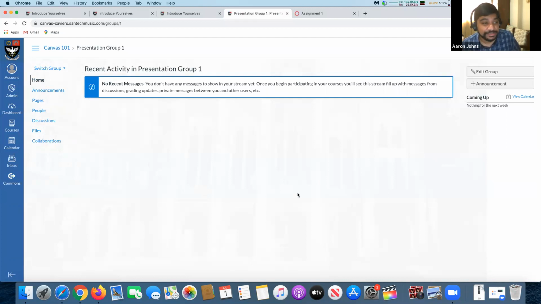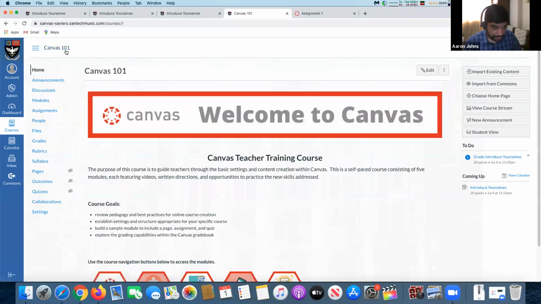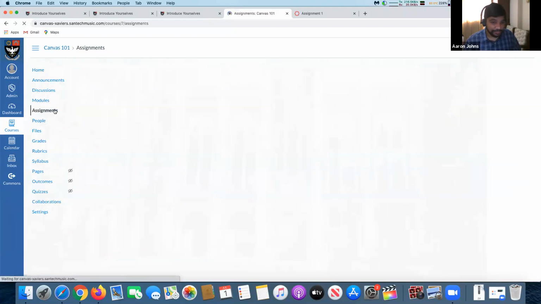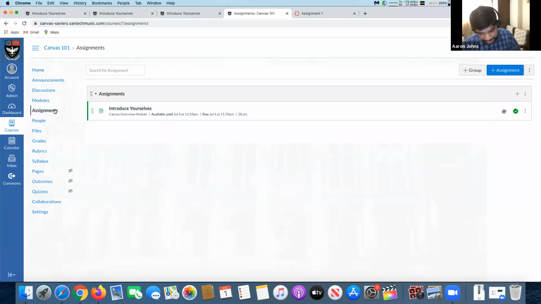And another thing is, with the group sets, you maintain that anonymity between various groups. In the sense, there are 3 different groups and 3 are doing different presentations. Each group wouldn't know the other one's presentation, which is a good thing. And the best part of group assignments is one person only needs to upload it.